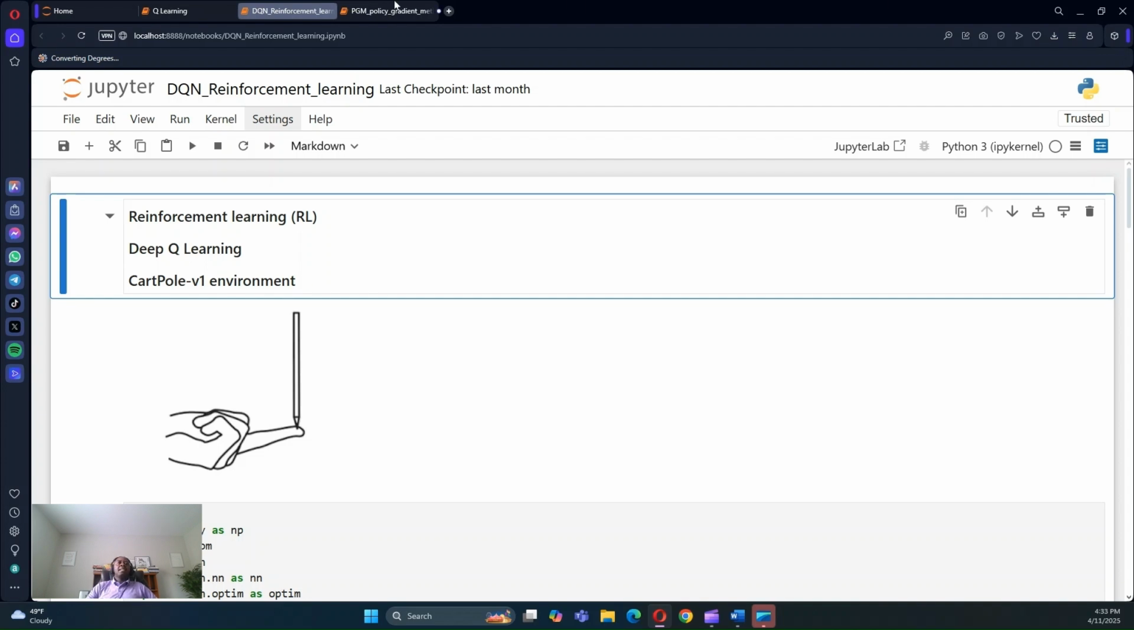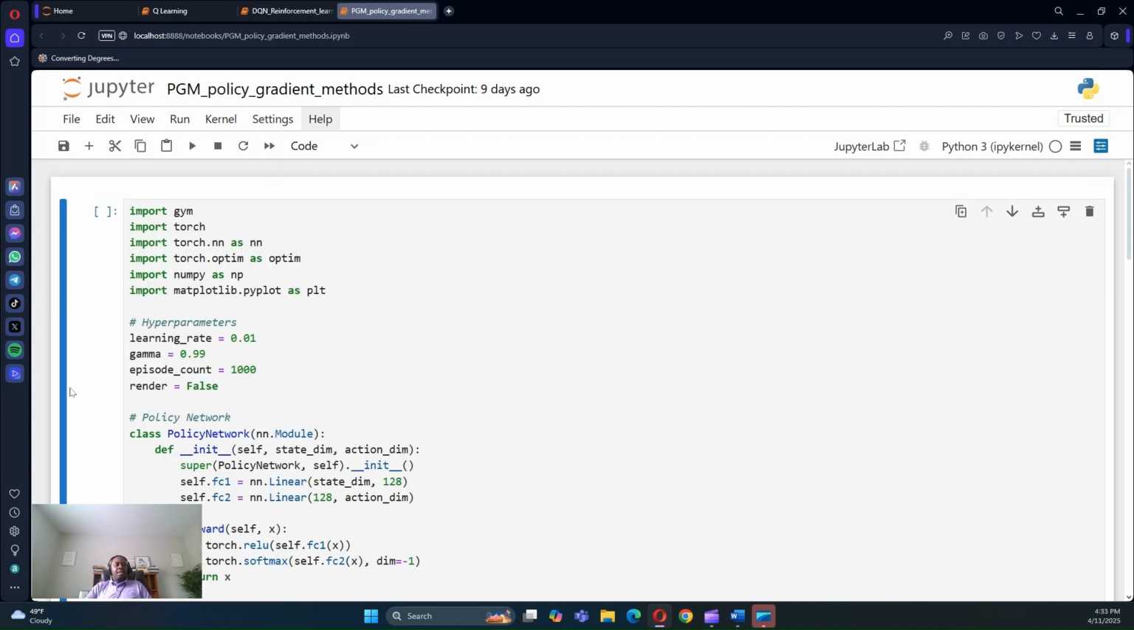Lastly, policy gradient methods. In policy gradient methods, we do not estimate Q values, but directly learn how to act. So this method is very powerful in continuous and nuanced environments, perfect for tasks such as controlling robots and flying